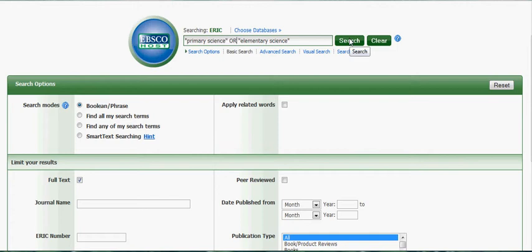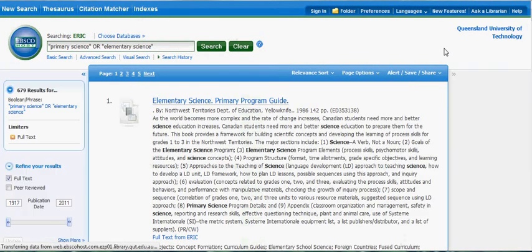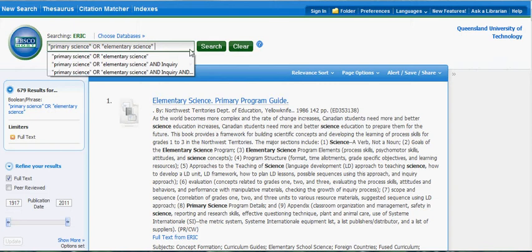So we'll start with this. We're looking for primary science or elementary science. Elementary because that's the American equivalent of primary. We end up with 679 results. So I'm quite happy with that at this point because I'm going to add inquiry,